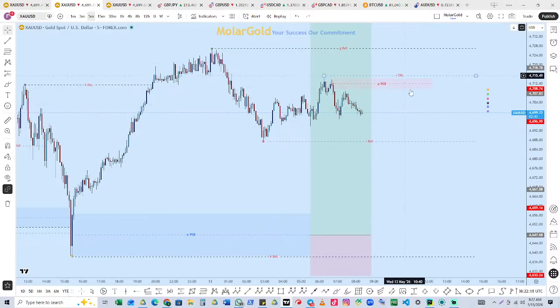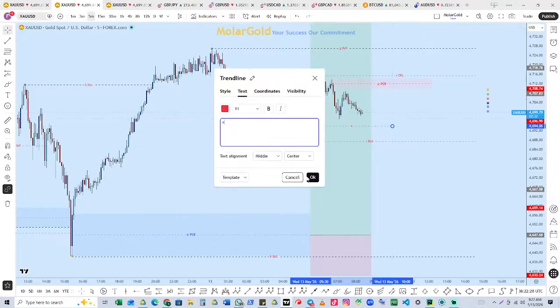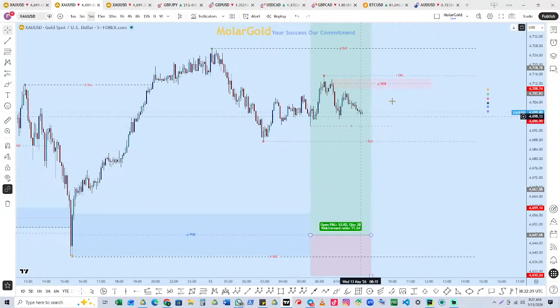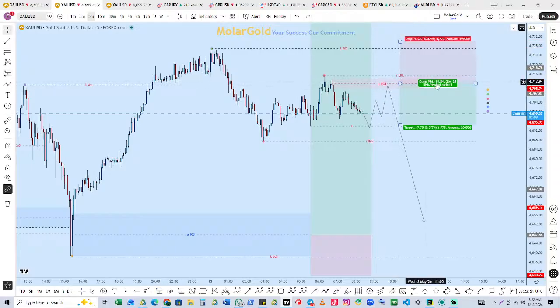All right. So let's mark the inducement with an X right here. So once we take out the inducement, now we can position ourselves here. So let me do this. Take out inducement and we can position here to take the trade all the way to the downside. If there is no inducement taken, you cannot take the trade.